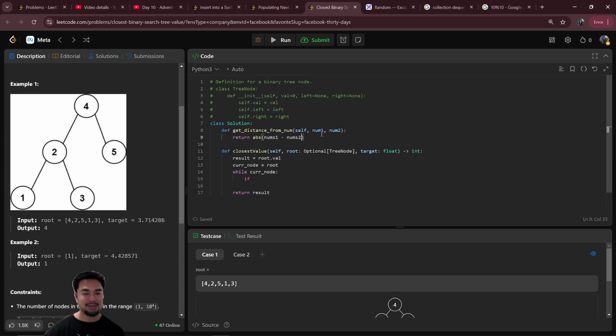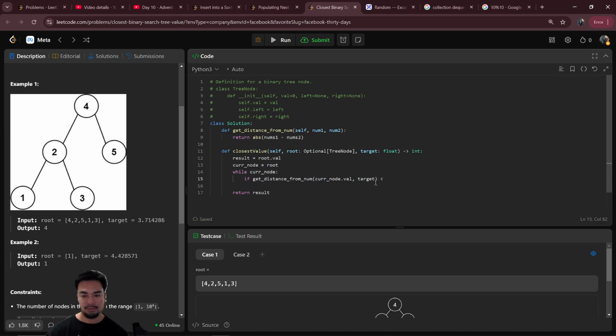So that returns us the absolute value between two numbers, and that's the distance. So we'll say if the get distance of the current node dot val from the target